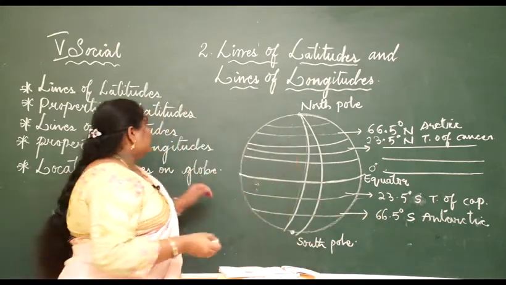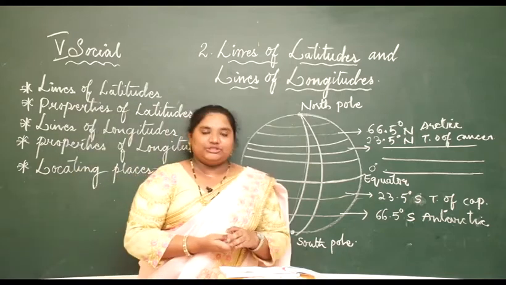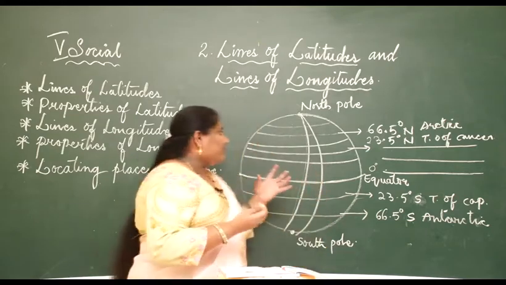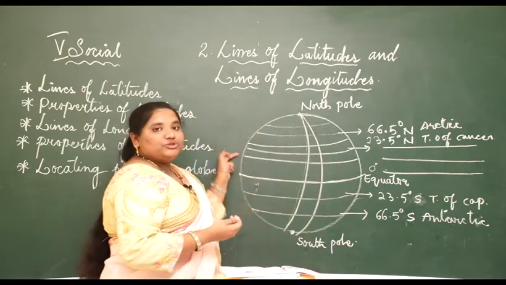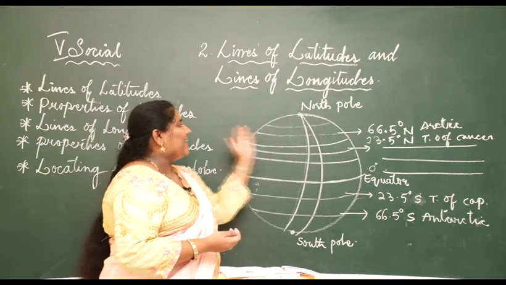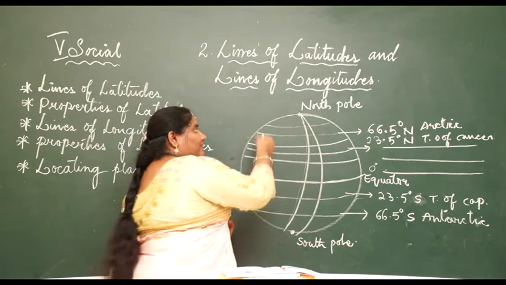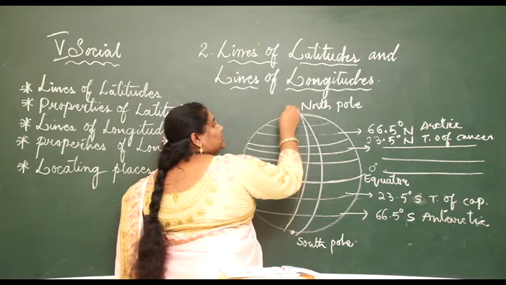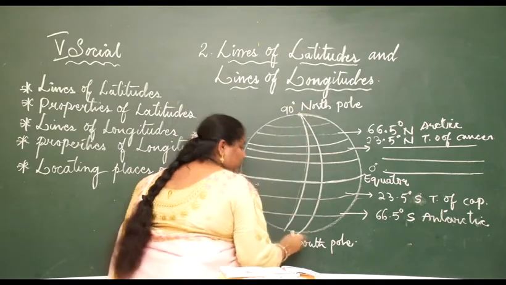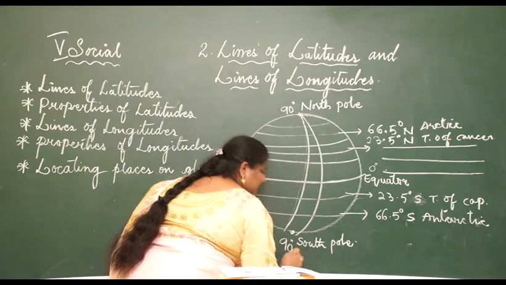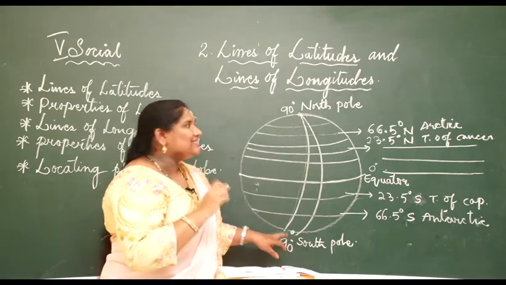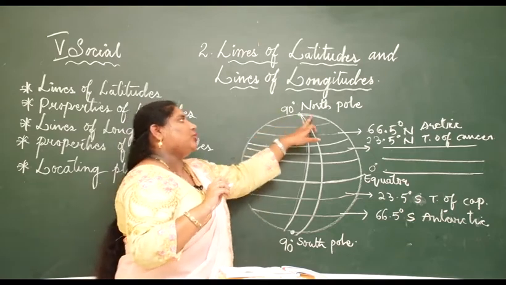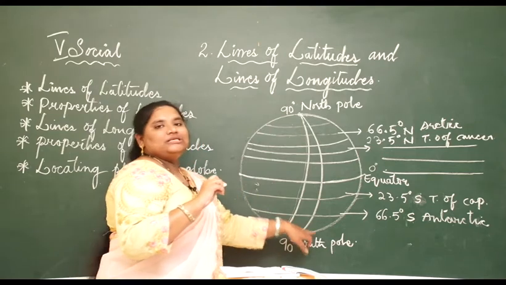So now here we are going to learn about the properties of latitude. What are properties? The belongings which belong to them. What is the belonging of latitude? What are lines of latitude called? They are also called parallels, as they are having equal distances, which go from 0 degrees to north. The North Pole is 90 degrees and the South Pole is 90 degrees south, denoted by S, and the North Pole is denoted by N. So 90 degrees N is the North Pole, 90 degrees S is the South Pole.